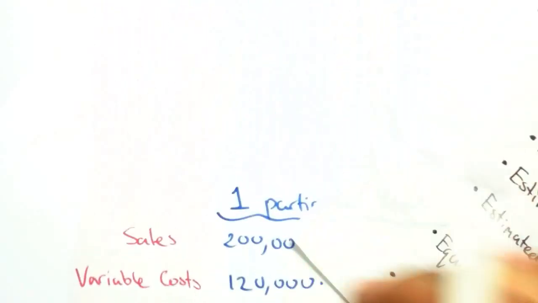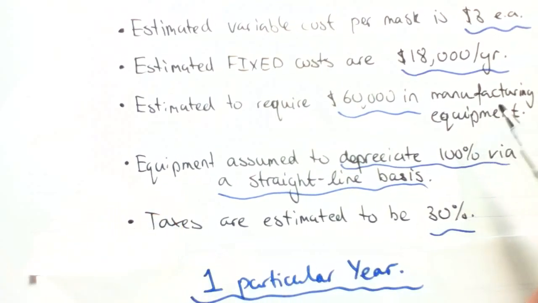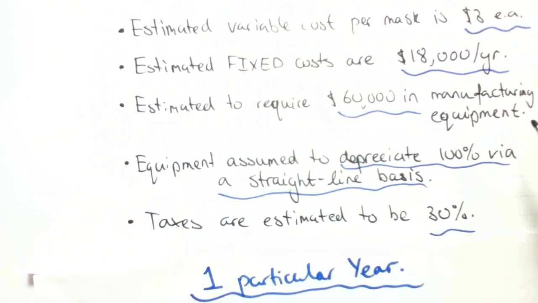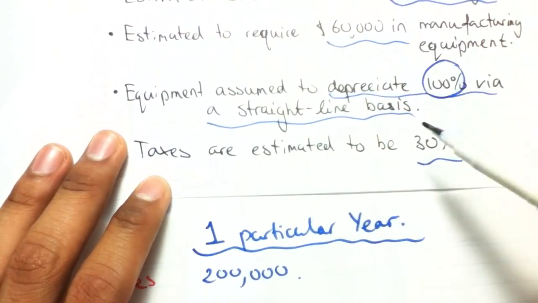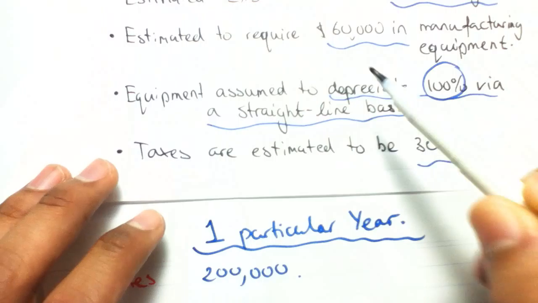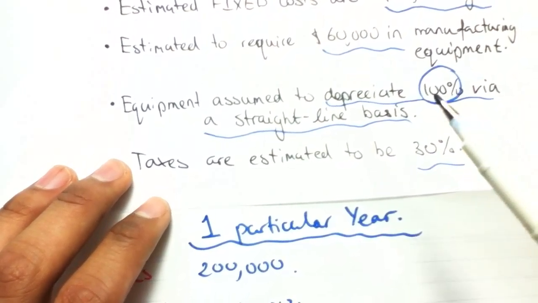Why? Well, depreciation is going to affect only your manufacturing equipment, okay? And since this project lasts for 3 years, and since the equipment is assumed to depreciate 100% via a straight line basis, that means we're doing 60,000 divided by 3, which is 20,000, and that's going to be our depreciation